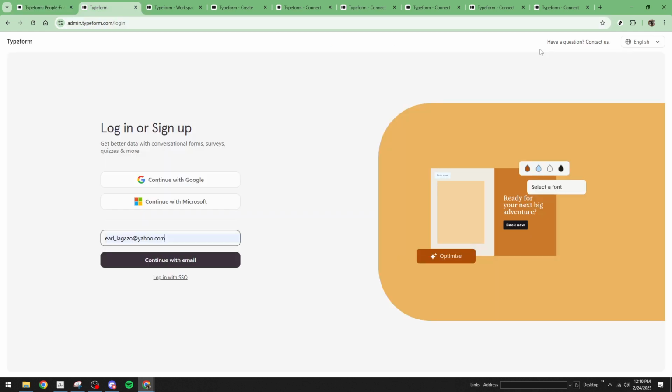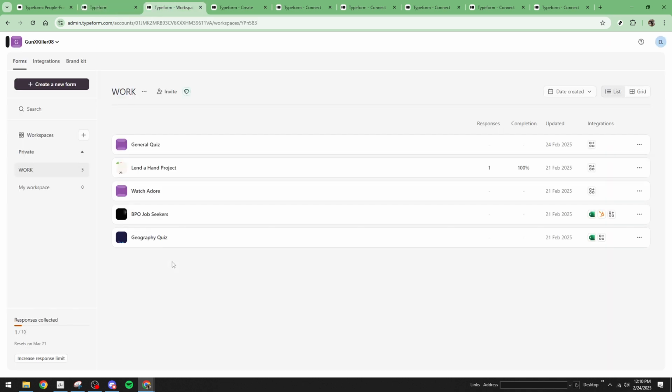It's essential to ensure you have your login credentials on hand. You can choose to log in using your email address, or if you've previously set up your Typeform account with third-party authentication services such as Google or Microsoft, feel free to use those options as well. Enter your email and password if you're logging in with an email. After you have entered your details, confirm your login by clicking on the Login button and you'll be directed to